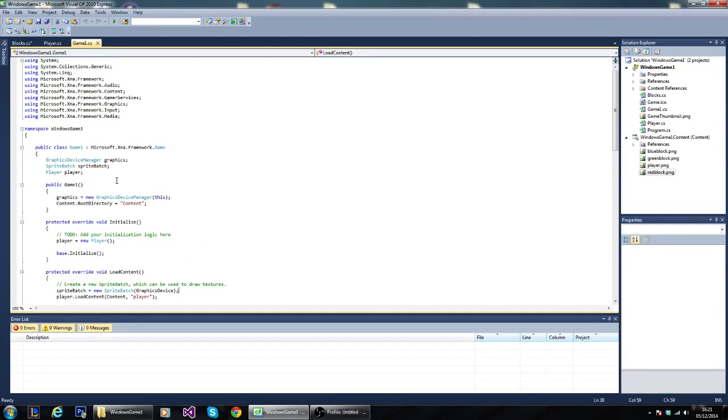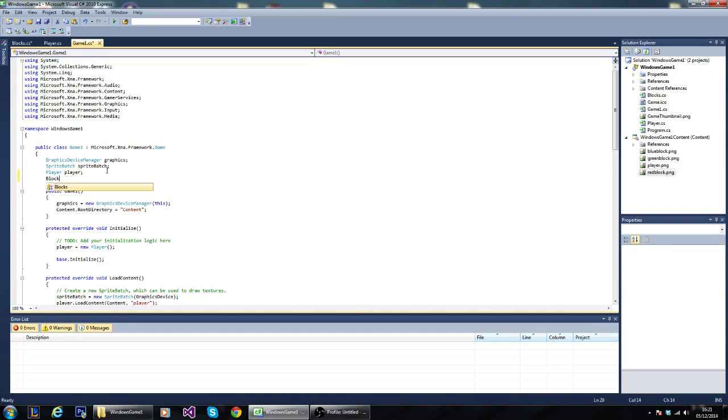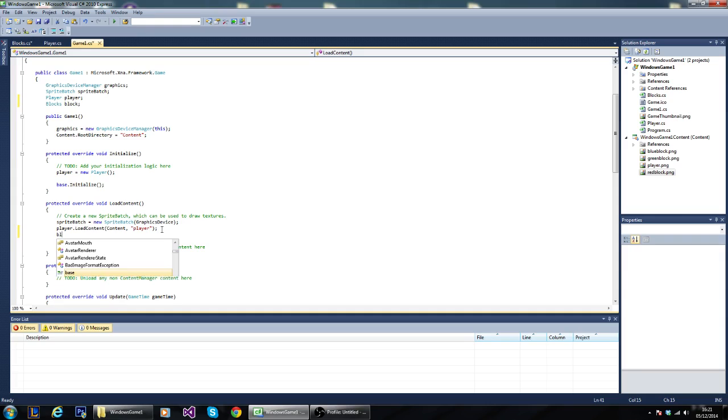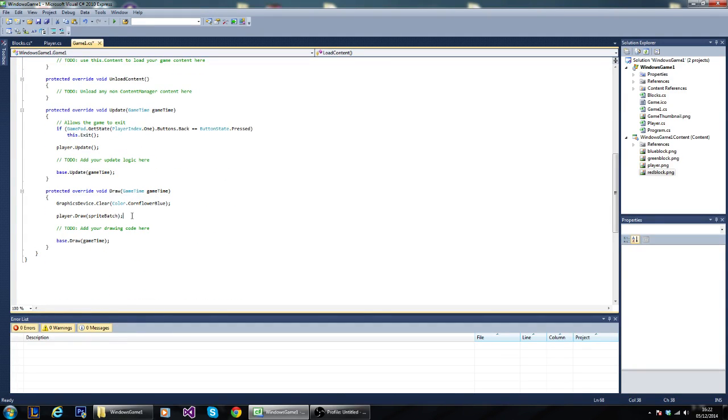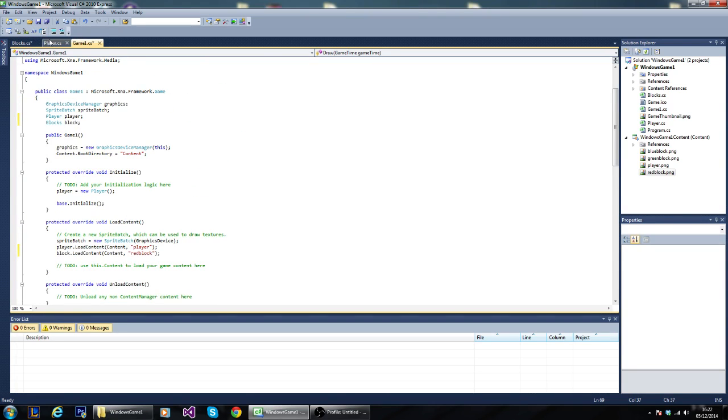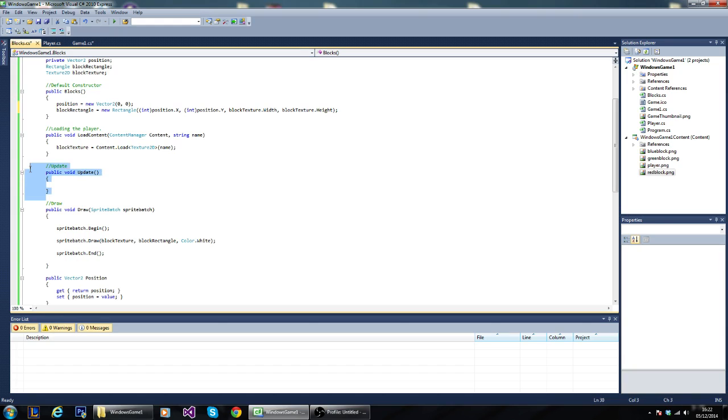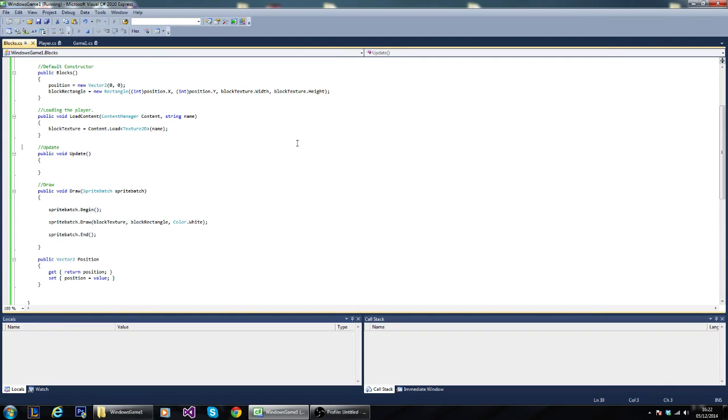So let's go into our game class. Again, like we made the player, we're going to do blocks. And we're going to call this just block for now, because we're only going to draw one at the moment, but we will change that to more. So we're going to do block.LoadContent, and then let's do the red one, so red block. And then in our draw, we're going to do block.Draw(spriteBatch). So it's essentially the exact same class as the player right now, only you don't have movement in your update. There should just be nothing in your update, so we don't even need to call it. So if we run this now,